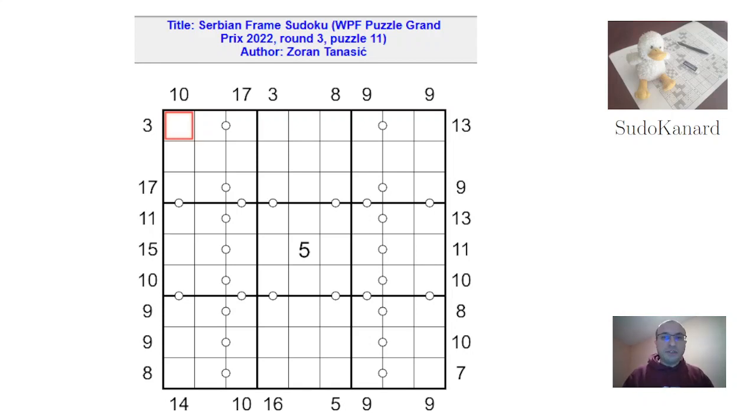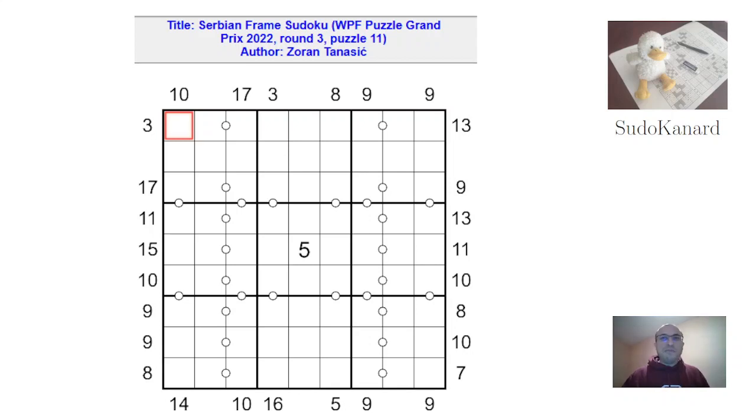The author of this very puzzle is Zoran Tanasić, and it was worth a whopping 62 points, 66 points, if I recall correctly. And this puzzle was much less hard than what you get for this amount of points in